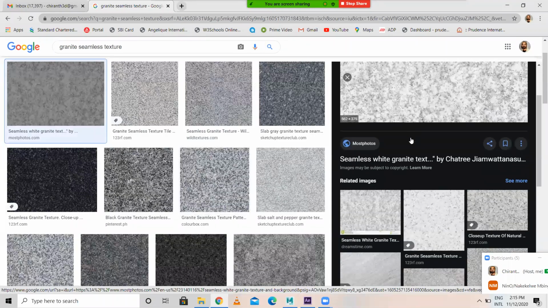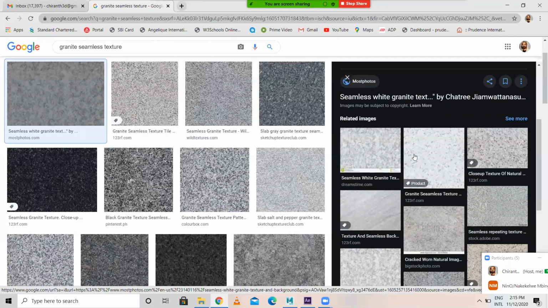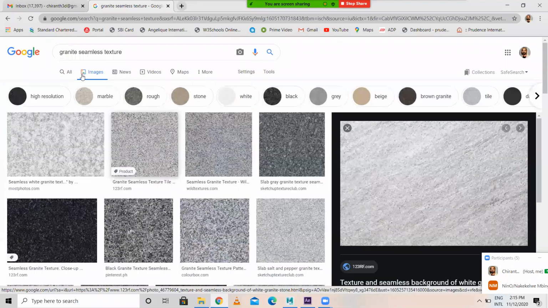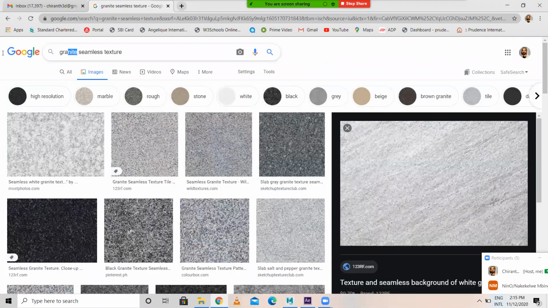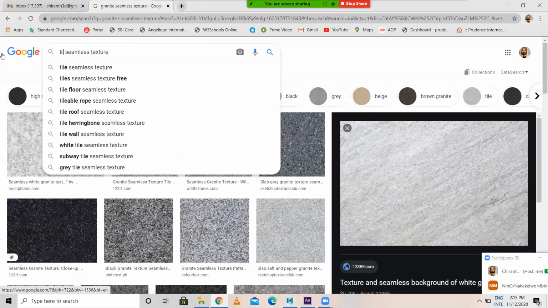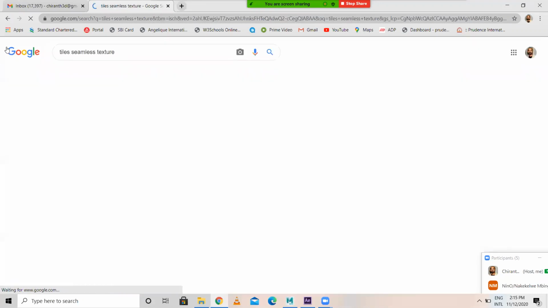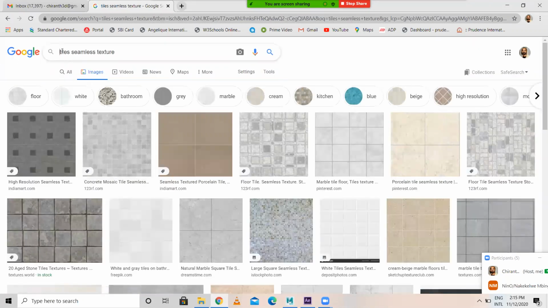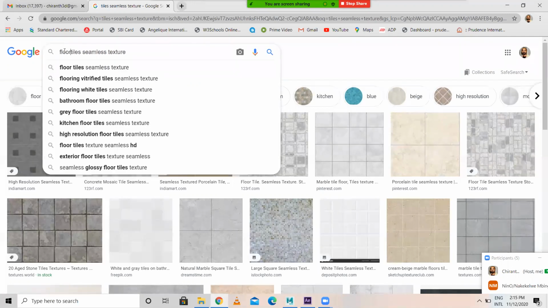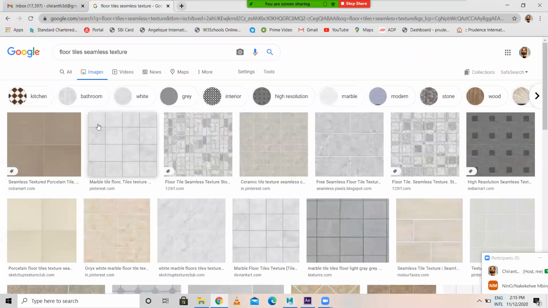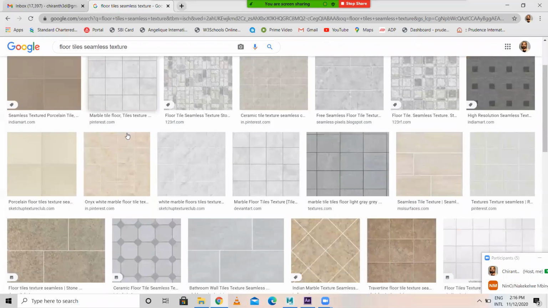So this flooring is fine, or else we can go with tiles or marble, or floor tiles. Mention floor tile. Okay, see, you can go with this. This looks good.